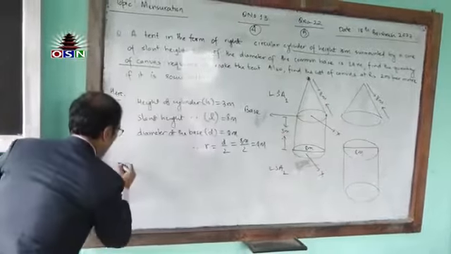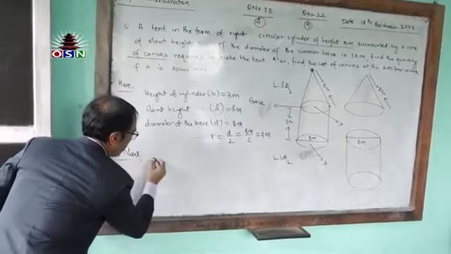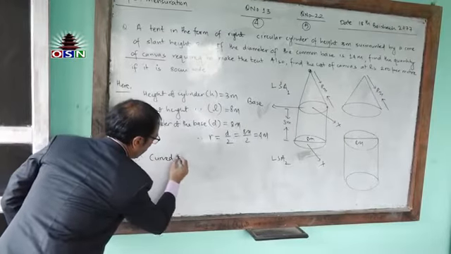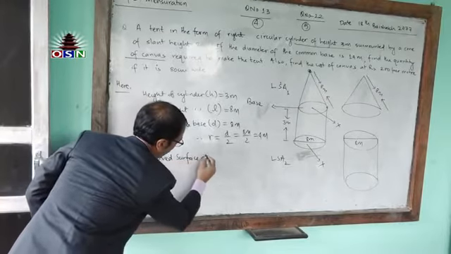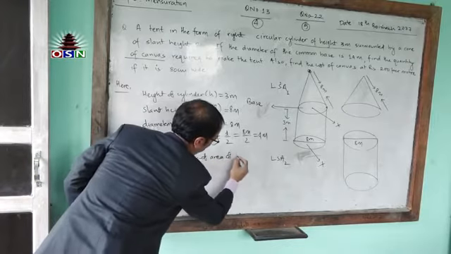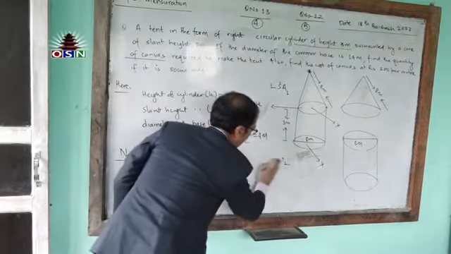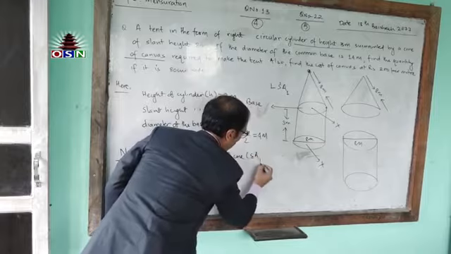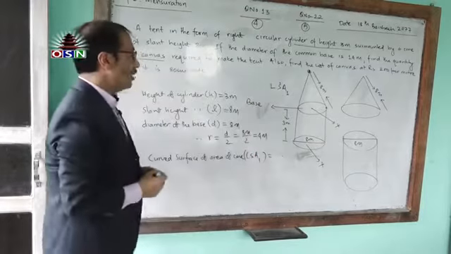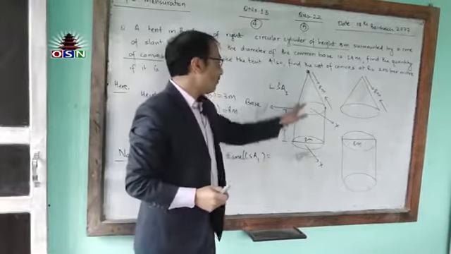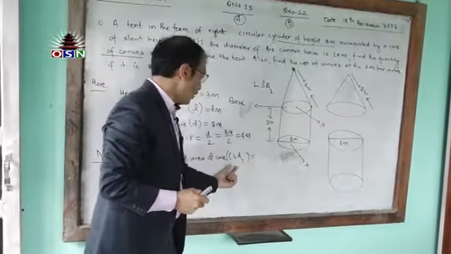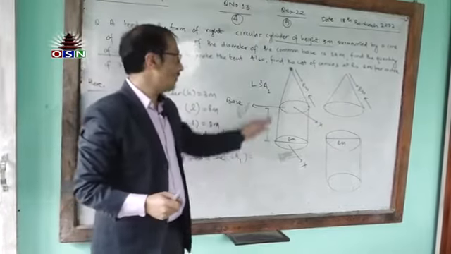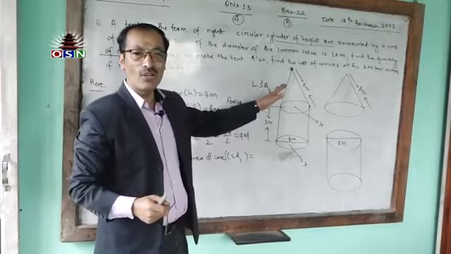Okay, please see here now. Now in the second step, let's write the curved surface area of cone. That is denoted by CSA1. Okay, my dear students, you need to remember the formula first. So could you tell me what is the formula for curved surface area of the cone? Is anybody there to answer my question, please?